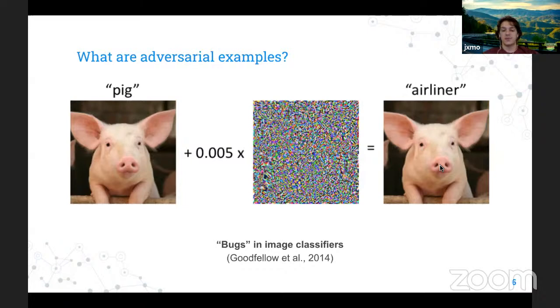And it turns out you can do this with about any image. And if you orient your noise correctly, you can point towards about any class. So you can make this pig look like anything else that the classifier is trained to recognize. And this is really compelling and pretty scary if you think about the very real world use cases